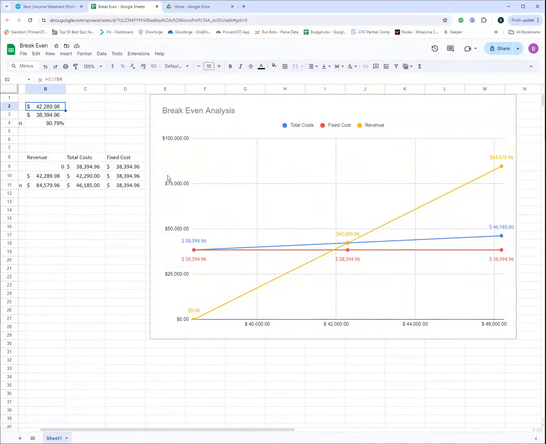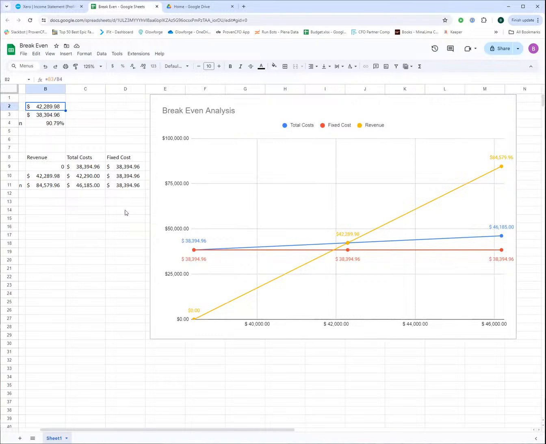Then we get to our break even number that says, hey, when we divide those two with our every dollar that we're selling, we're getting 90 cents effectively to be able to help cover our operational costs, which is great. Fantastic. So that 42,000 that we just came up with the break even then says when we get to 42,000, our total cost, which is our fixed cost plus those variable costs, are going to be 42,289. Therefore, we very specifically come to exactly zero net income in this situation.